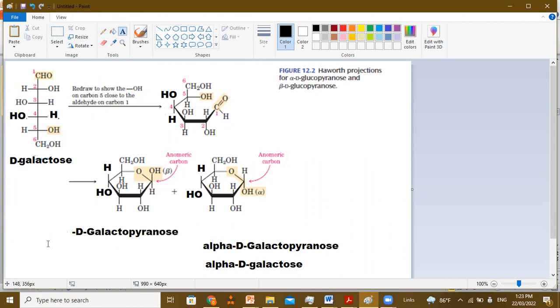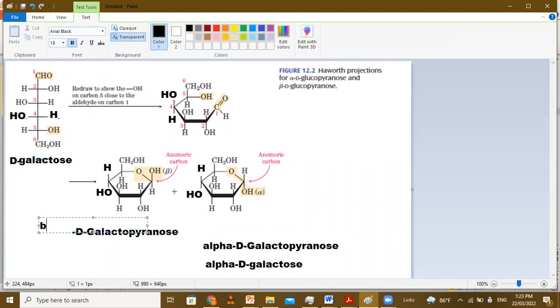And the short name is, of course, you have to use the character beta, beta-galactose. It's easy to see. This is what we call the Haworth